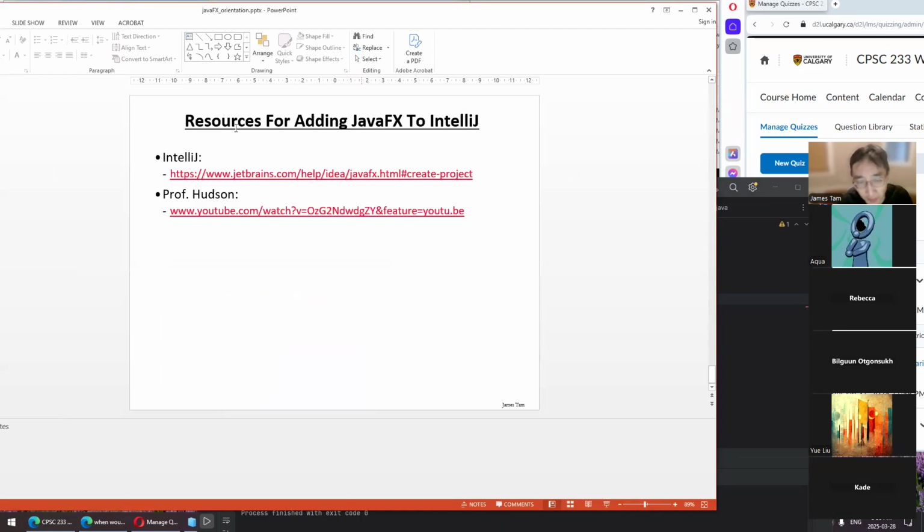And there are sources for adding that capability. There's my short one, and there's a longer one with Professor Hudson's. So once you have gotten that connection between Scene Builder and IntelliJ, your to-do,